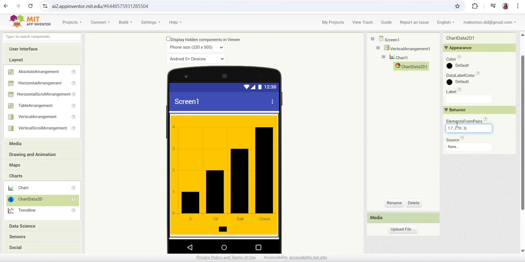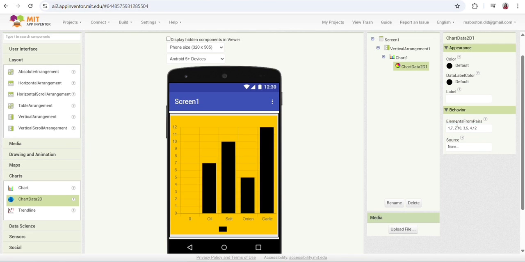We have 5 people. Our fourth one is garlic. And how many people demanded to use garlic? For example, 12 people. Enter.